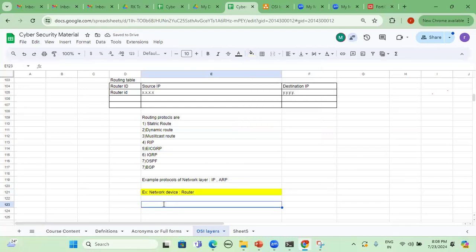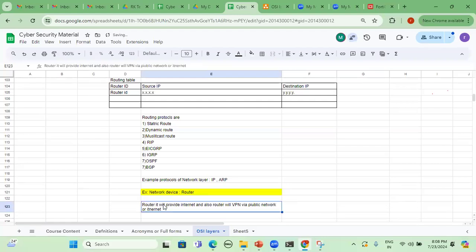So now the router will provide internet, and also the router will provide VPN via public network or internet. It's a very, very important note.